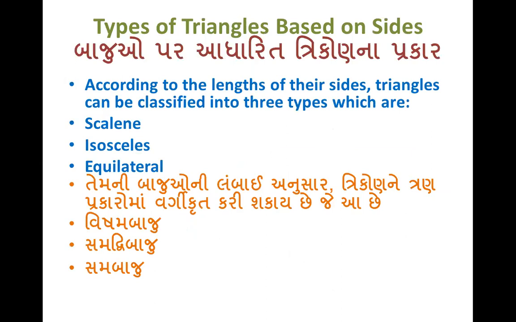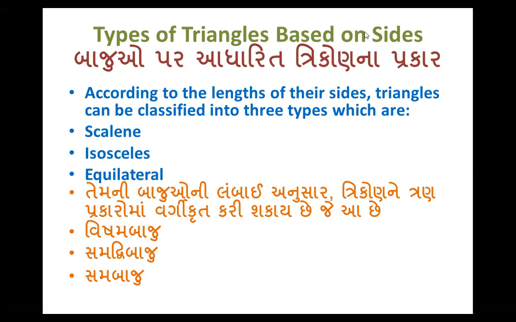Today I'm starting the definition of the triangle, and there are two types of definition of the triangle. This is based on two types. First type, a triangle whose name depends on its sides. The second type of triangle is the one whose name depends on its angles. So the first type of triangle is based on the sides.